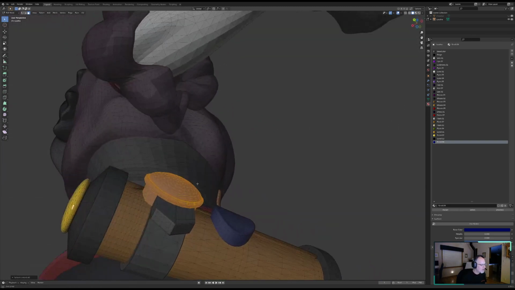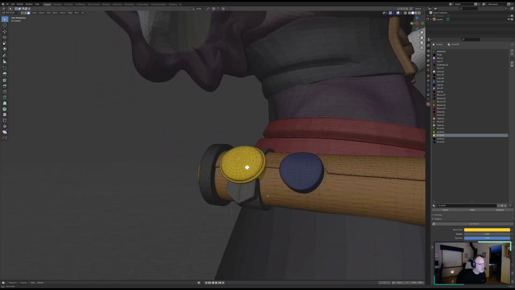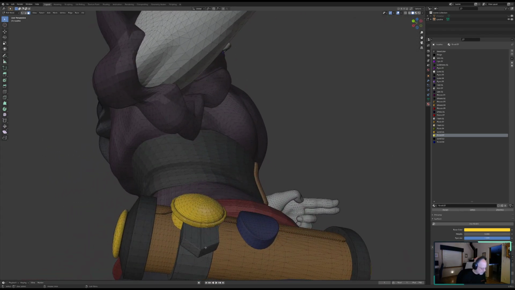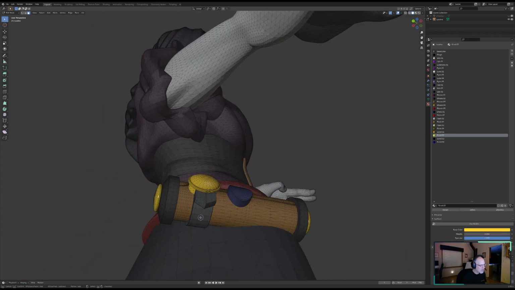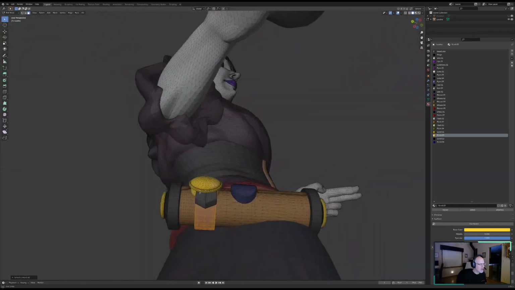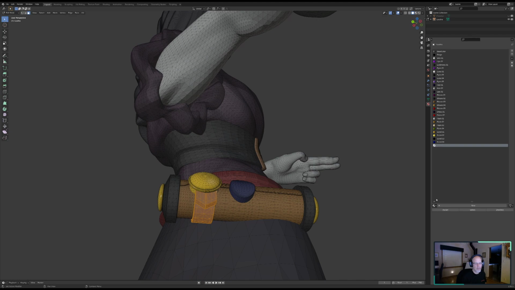Perfect. Yeah, and I'm going to make this the same shiny goldish yellow type of thing as the end caps. And then this strap, see if we get the whole thing here. Nope, that's fine. I'm just out of curiosity, but I'm just going to grab this and get all of that. And then this is going to be,